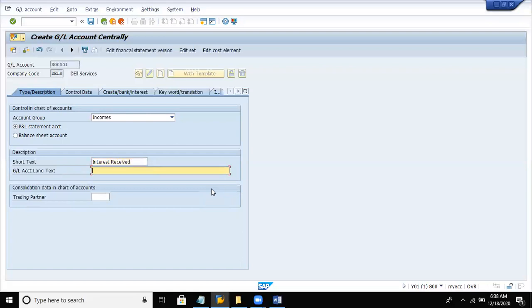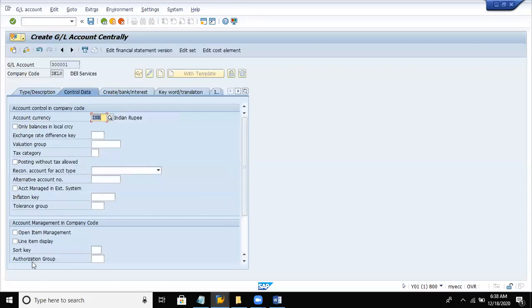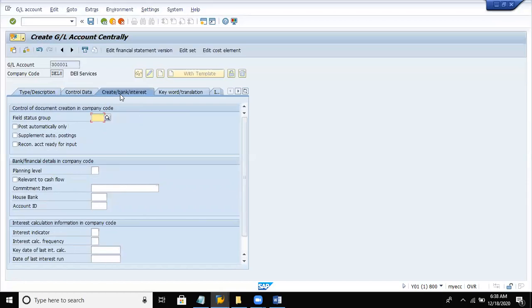It is not an operative income, but it is an inoperative income. So interest received account. Click on control data tab and check the box line item display. Sort key 001. Field status group G001. Enter, save, right?